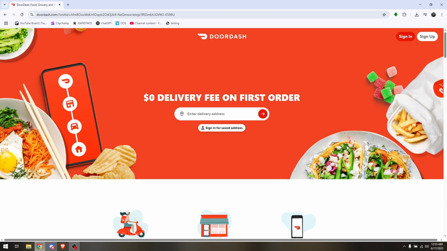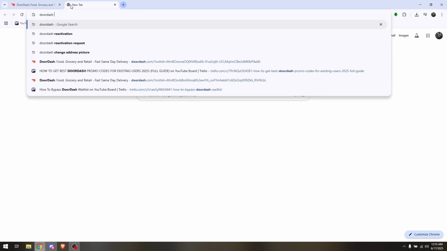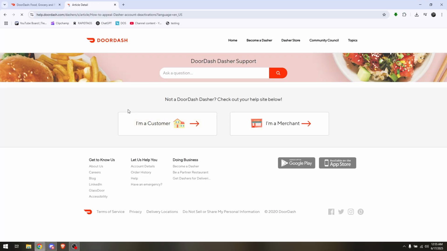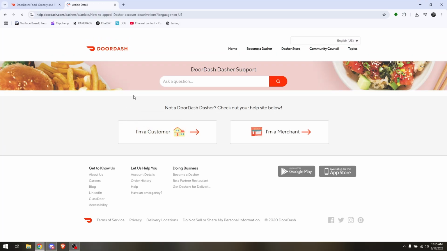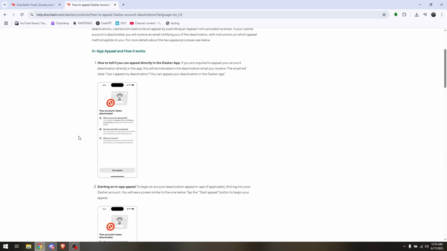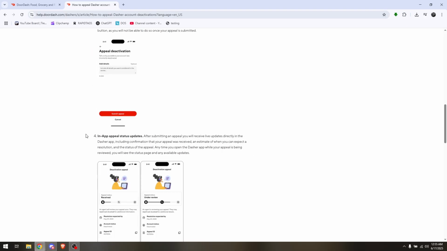Now use any preferred web browser on your end, if it's going to be your mobile or your laptop. Now just simply type in DoorDash reactivation. Then choose the very first result that will take you to a DoorDash article about activating or reactivating accounts. And here our main goal is to access the specific appeal form for us just to fill